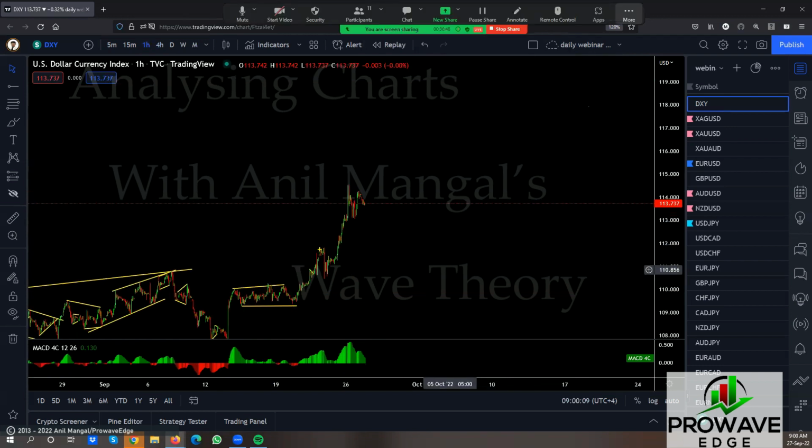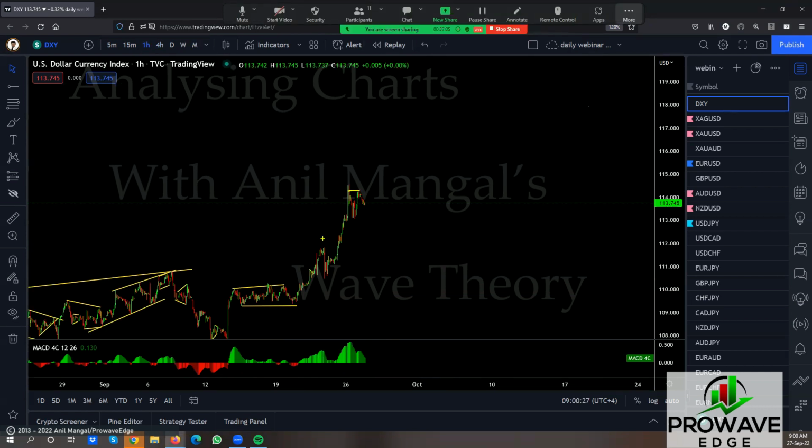You had a flat here, a small, more of an expanding flat. You're getting another flat here. This would likely come down, probably even go back up there, depending on how this flat looks, or come all the way to the bottom and then go back up. If it does that, we'll be buying. Now, is there a chance that this is the downside? That would be possible, but it's unlikely because of the depth of the pullback.